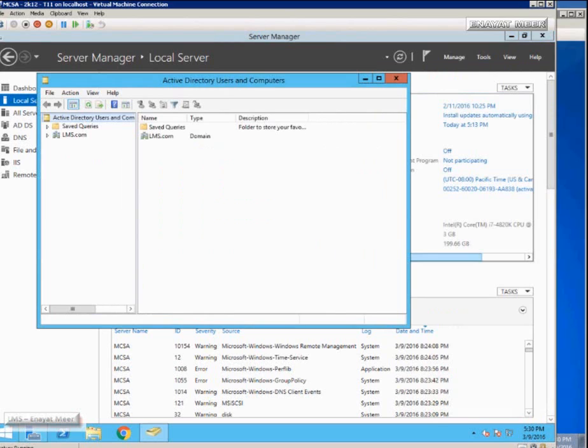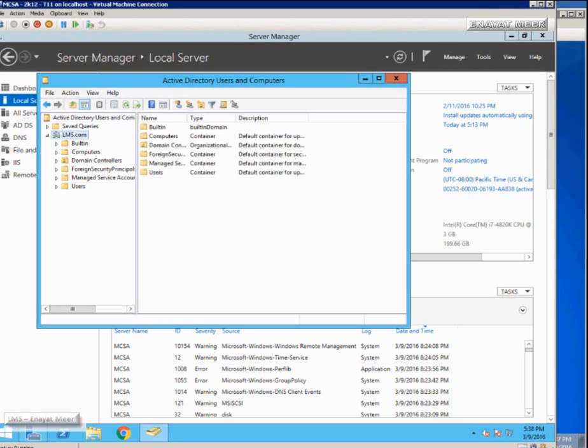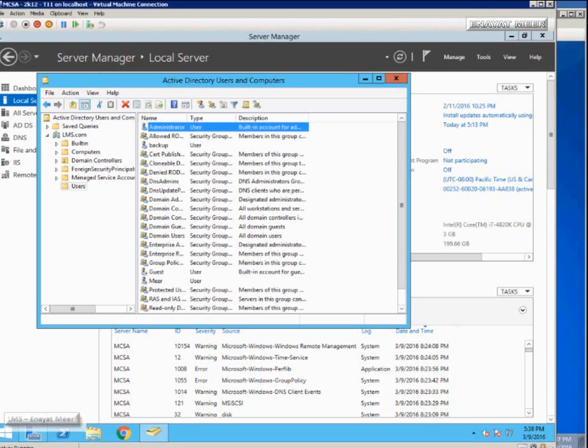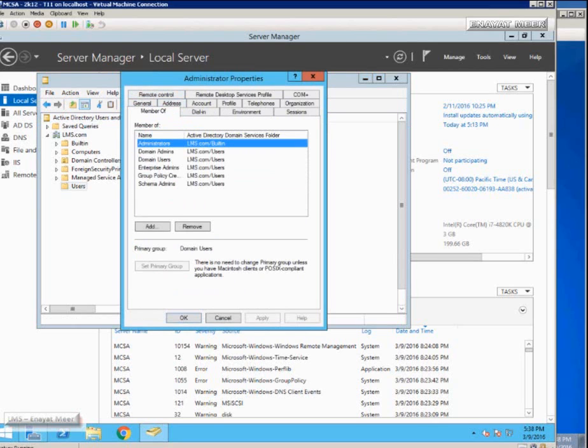D as in David, S as in Sam, A as in Apple, dot MSC. MSC is Microsoft Management Console, so we can use that command, or launch it directly from your Tools menu. Here you can see which groups your admin is a member of.